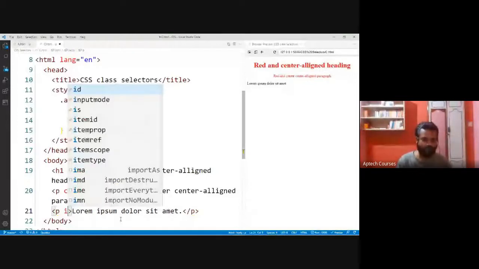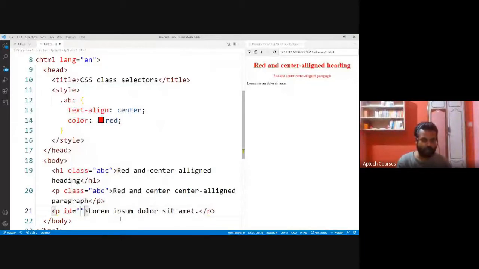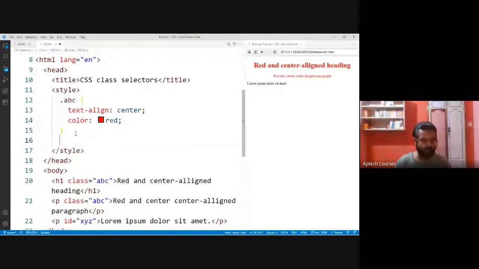This one is having the ID of something like XYZ. Whichever elements with the ABC class get this style. Now for ID, we can go for hash, then the name of the ID.